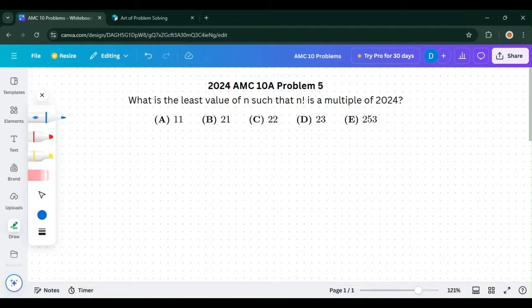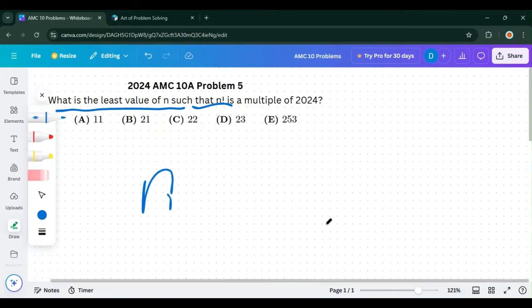See here we have: what is the least value of n? We're dealing with a variable n such that n factorial. And for those of you who don't know what factorials are, I will make a separate video on factorials in the near future, but right now I'll give you a short explanation of what they are. Okay, so n factorial,